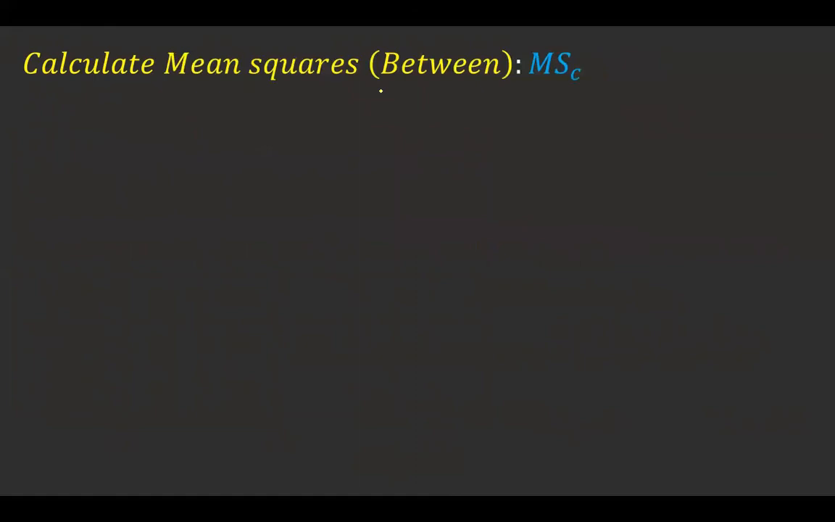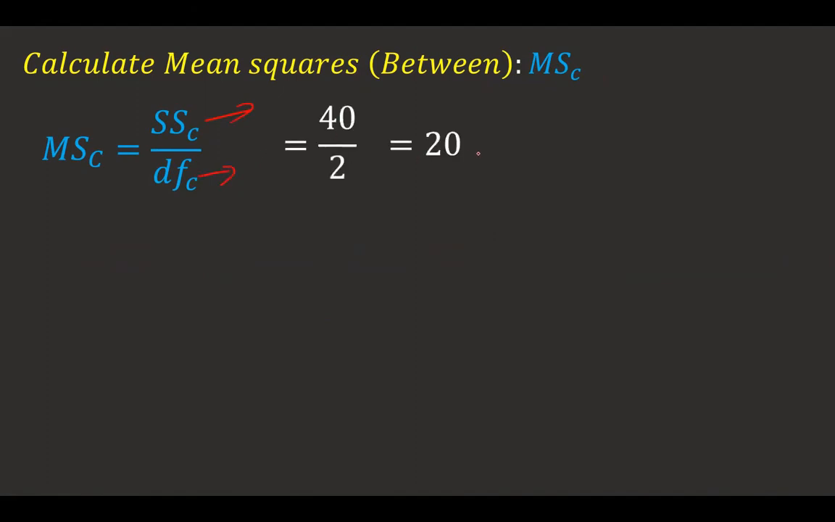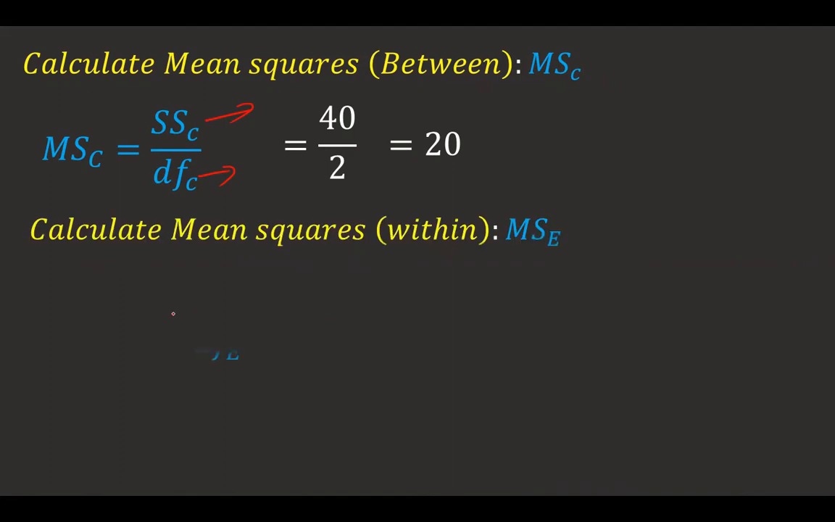Now calculate mean square between, that is called MSC. So how to calculate? MSC is nothing but SSC, which we have calculated already, divided by DFC. That is 40 by 2, that gives you 20. Then I'm going to calculate the mean square within, that is MSE, which is equal to SSE divided by DFE. So it is 60 by 12. Now it is 5. Once these things are calculated, you can write them down inside the tabular column,